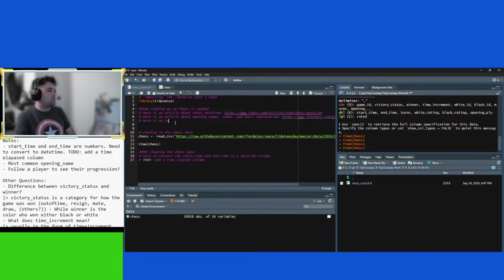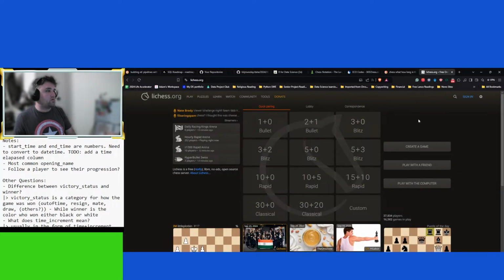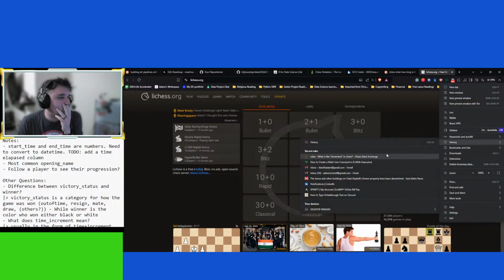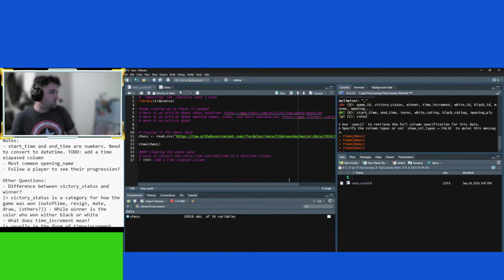Here's an article about how to read time increments.